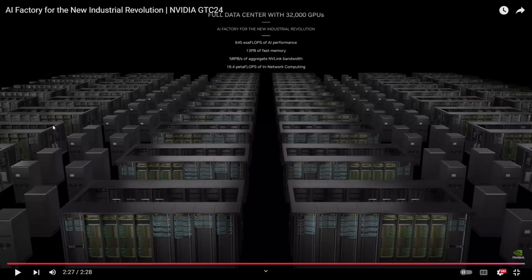Everyone, this is an industrial revolution. This is an artificial intelligence revolution, an intelligence revolution. This was unfathomable 30 years ago. What you see before you is cooling aisles in between two sets of racks and then